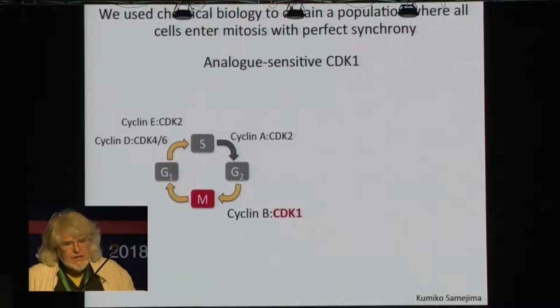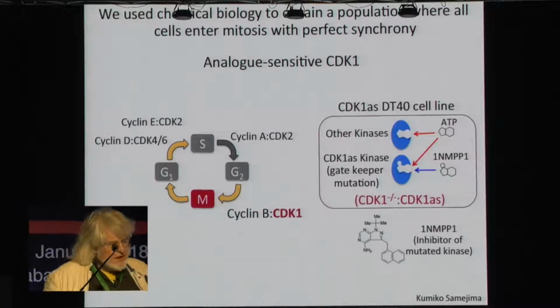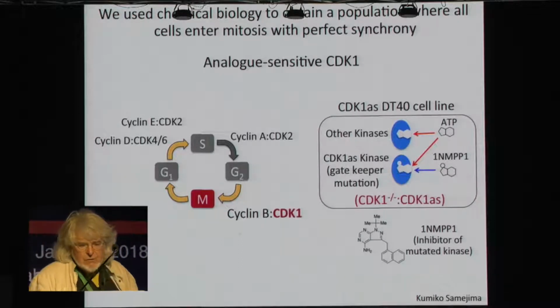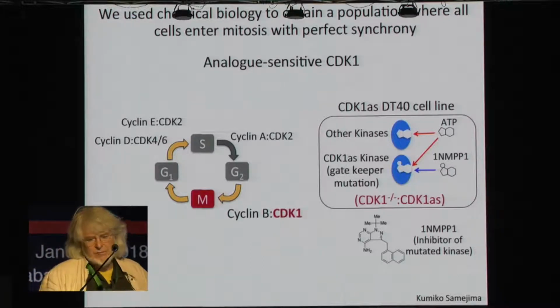So what we decided to do was that in order to see the pathway of chromosome formation, we needed to have all the cells enter mitosis at exactly the same time. And how could we do that? We could take advantage of technology developed by Kevin Shokat in chemical biology